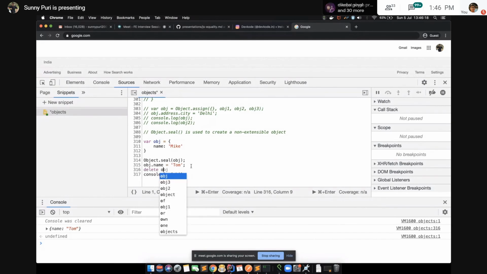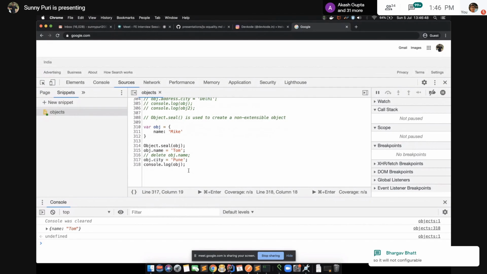Can we delete? No, we cannot delete. Can we add anything? No, we cannot add anything. It means we cannot extend the object, and we cannot delete from the object. So the extensible property is not there.